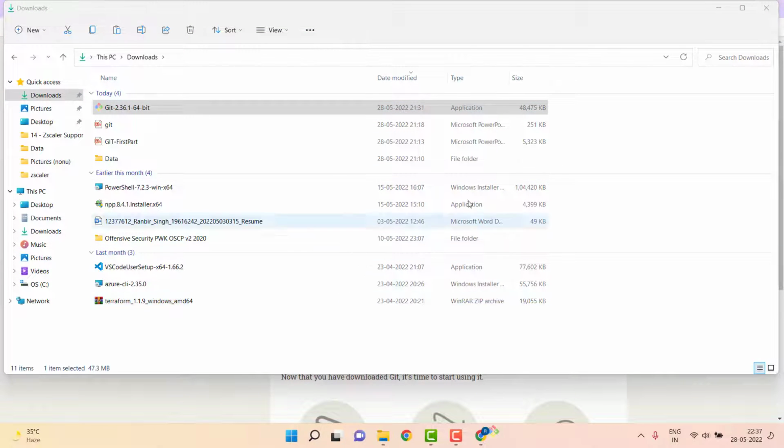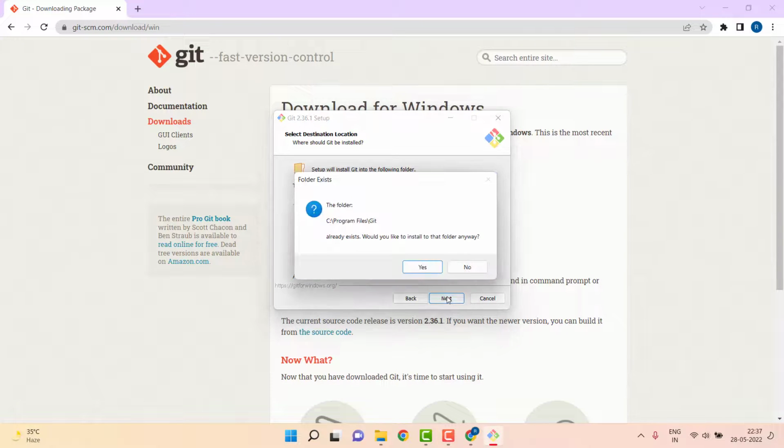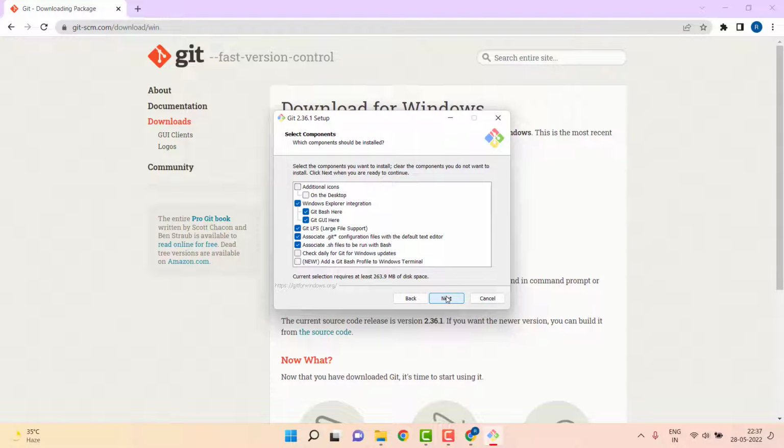So installation is pretty straightforward. Simply next, next. I have the folder already existing. Yes. Now there are some options you can select. For example, I will put an additional icon on my desktop. Anything you want to do from here you can do. And there's one more option you can see, add a Git Bash profile to the Windows terminal. So this you can also select, and you can also select check daily for Git for Windows updates. So next,